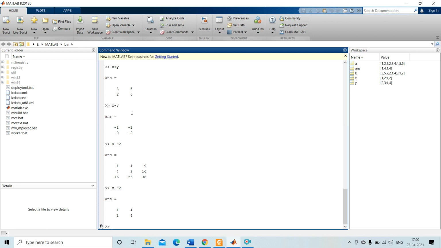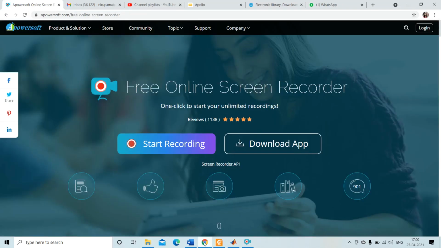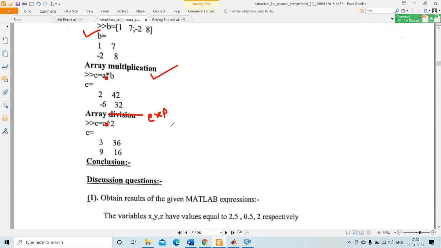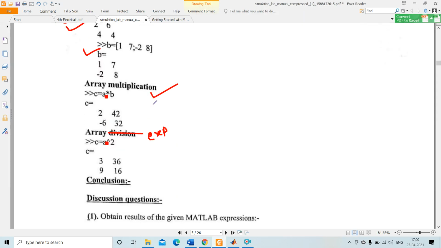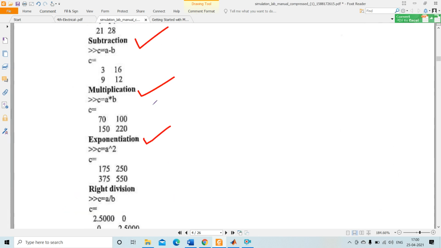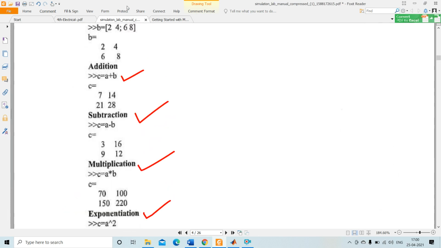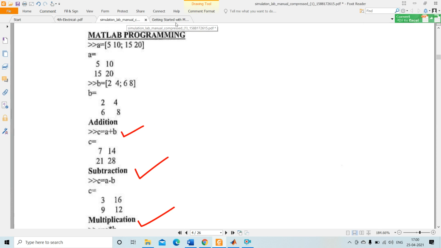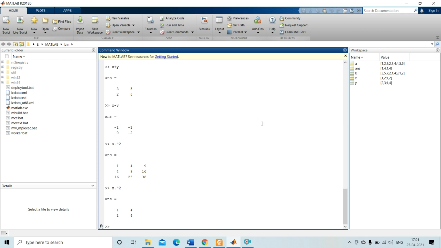Okay, so after going through these MATLAB operations, you write by your own. Okay, you write by your own in this section. So what you write, whatever variable I chose in the MATLAB window, and whatever value I chose, you just take that only.